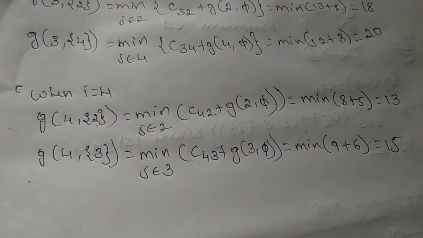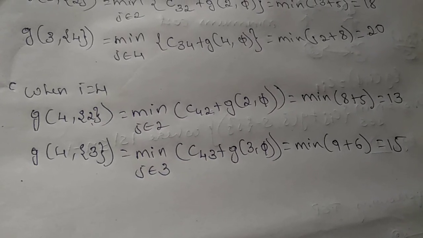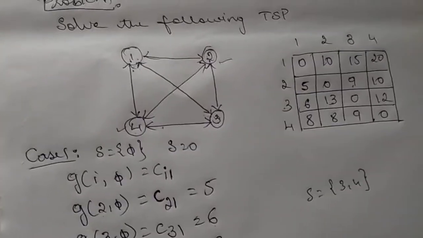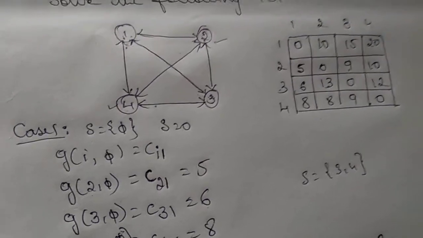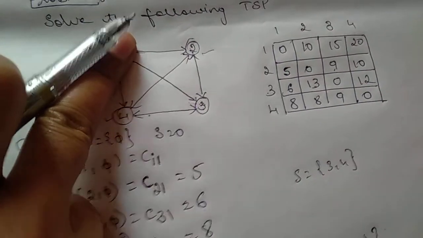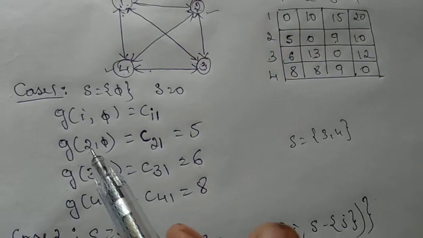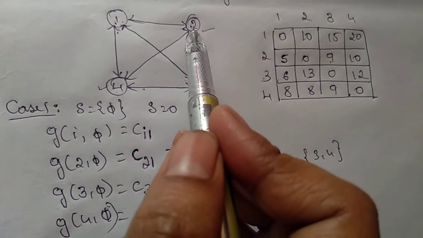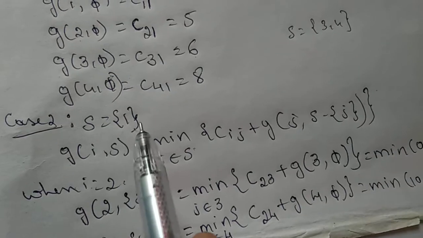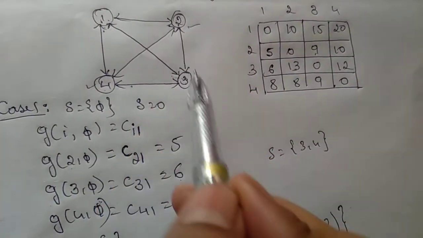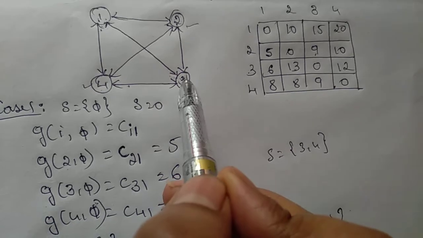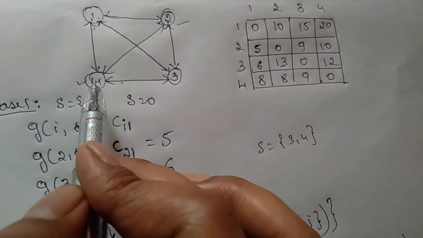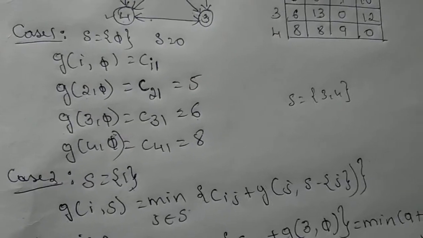Now this is done. Means we have just checked for all the values. Till now we have just done with one vertex. Means leave the source vertex. Apart from the source vertex, I am telling one vertex. Apart from this, we have calculated the values for one vertex. That is from 1 to 2, 1 to 3, 1 to 4. Anywhere it can go. Then including this, s is equal to 1 means including this you can take one more vertex. It can either go to 2 from 3 to 4, 3 or 4, from 3 to 2 or 4, from 4 either 2 or 3. All these things we have calculated from case 2.